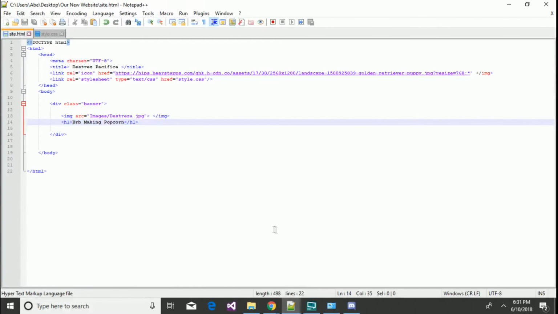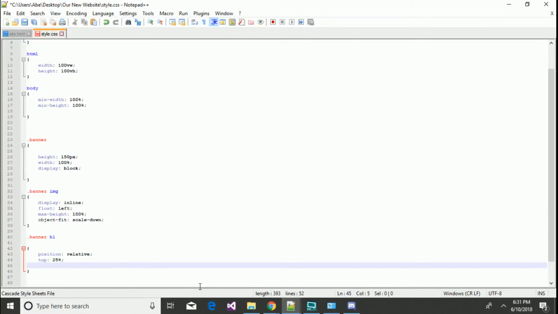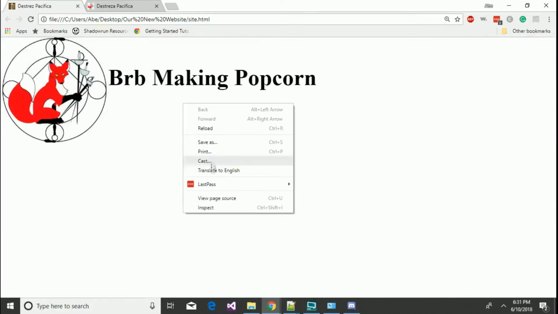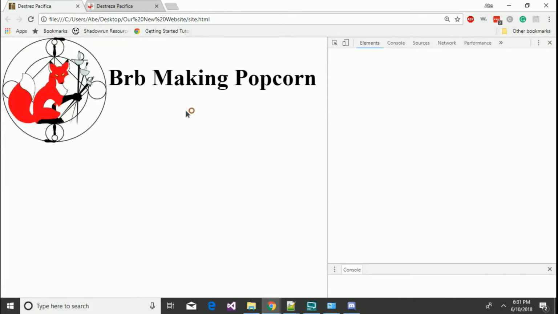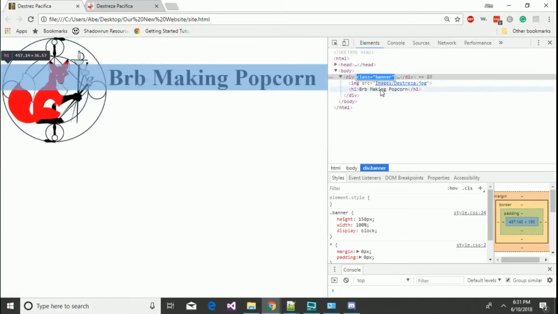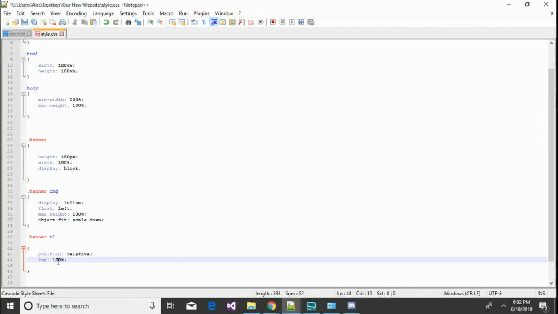Okay. So, we're going to keep styling, because we're styling as we go. So, top 25%. If we look at that, what that did is it moved it a little bit from the top. When you say 25%, is that relative to the page that you already have, or 25% up to what it already is now? It is relative 25% to its container, the banner. It's 25% away from the top of this div, right? So if I made it top 100%,